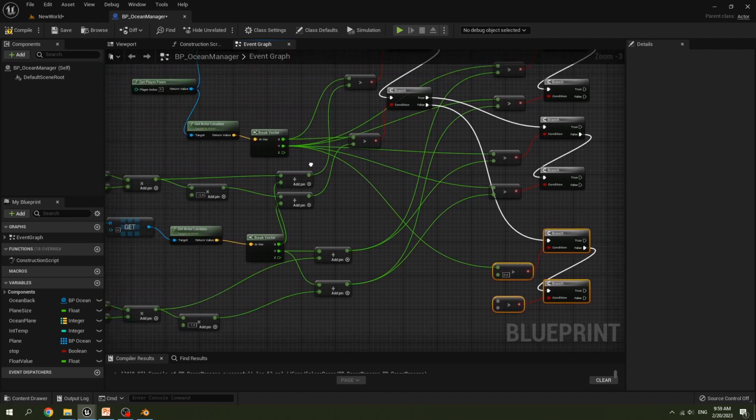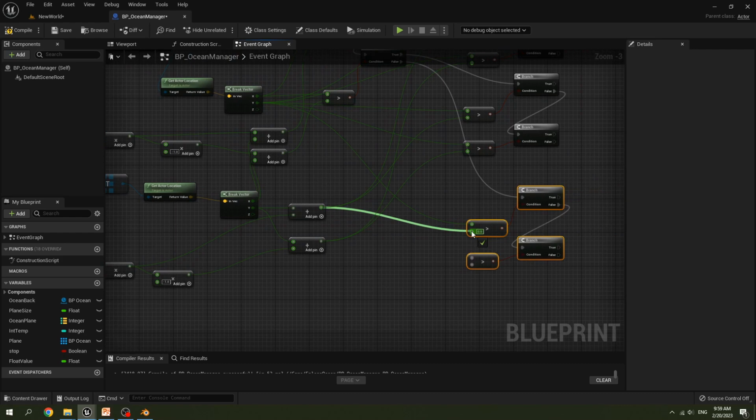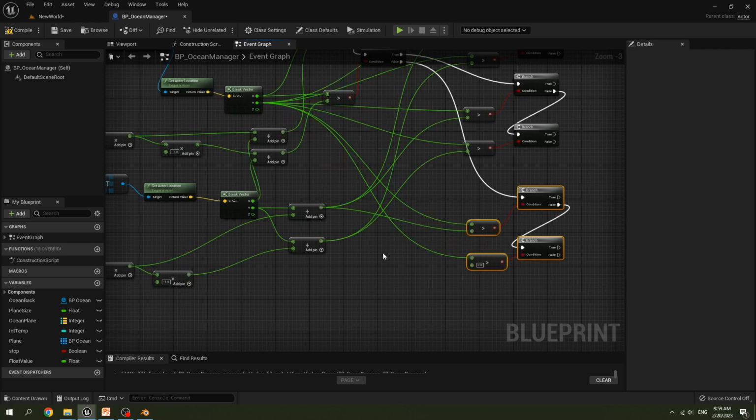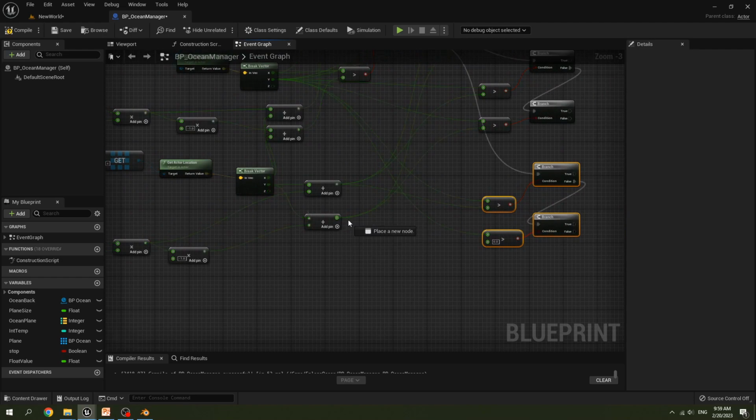Y value of the actor location compare with y value of the center plane, and y value of the actor location compare with y value of the negative center plane.